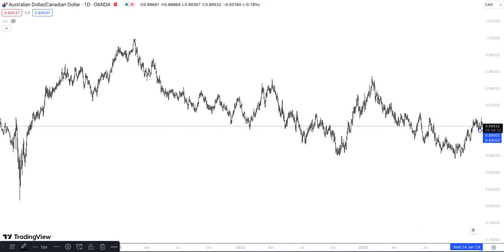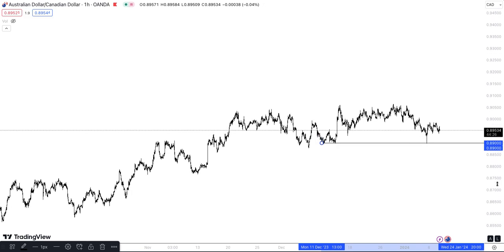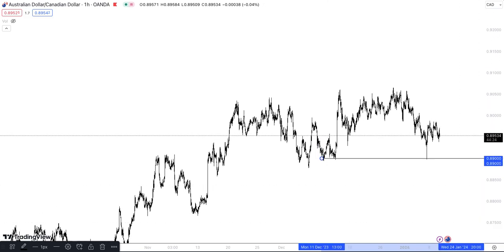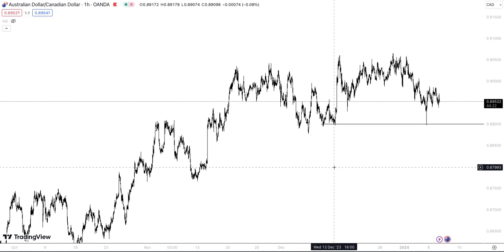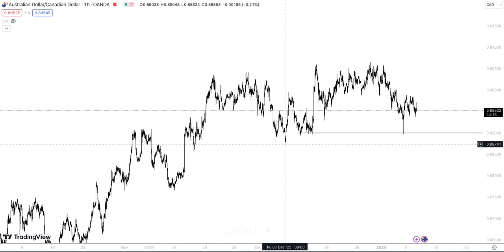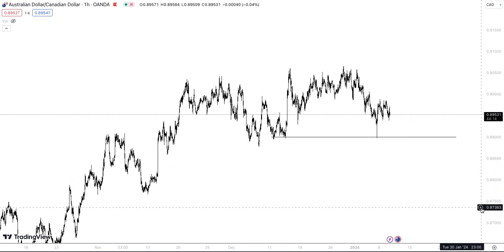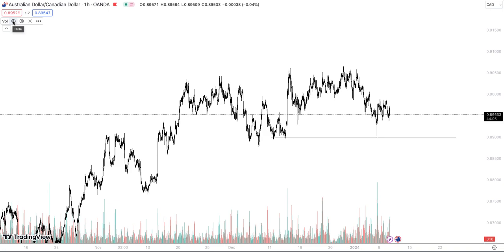And what I noticed is, this is why I like to use higher time frames. When I went on the 1 hour time frame, I identified this liquidity zone, this liquidity, before I checked the daily. So on the 1 hour, it looks like we're bullish, right? Because we have higher highs, higher lows, and higher highs. But what made me think that there may be a potential trend change is the fact that there's liquidity here,